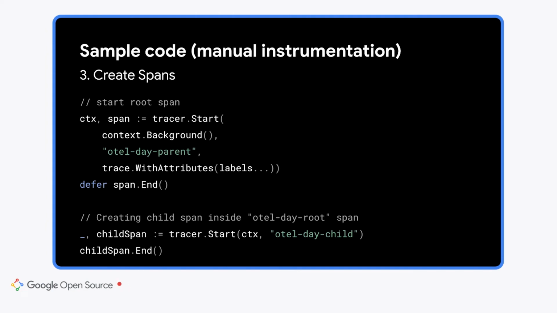And this is the most interesting part, span creation. Now you have a tracer. You can generate spans as much as you need. You need to be aware of how the context object is handled here. Inside the service, the context object holds all trace information and state, so you need to be careful about it. By assigning a proper context to the tracer start method, the context can keep proper relationships in it.